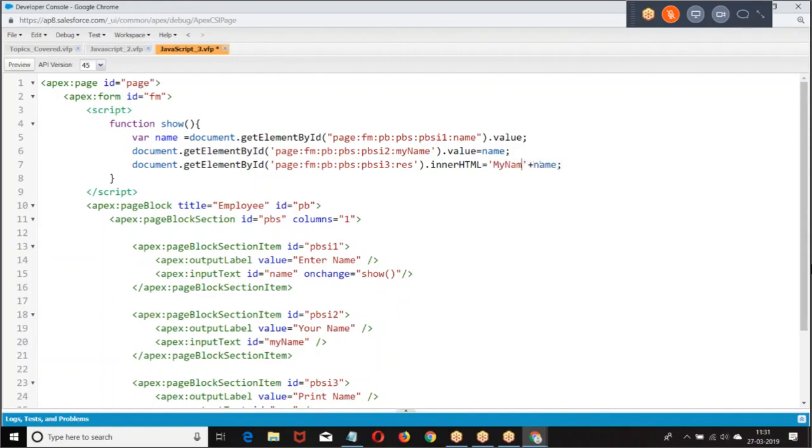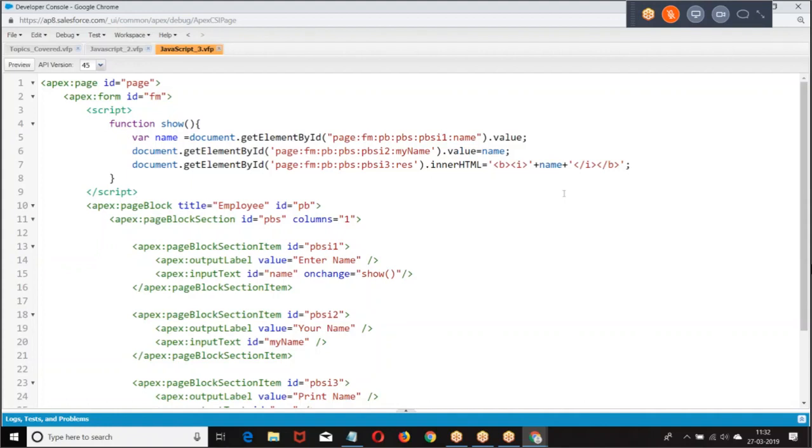Or else I will give bold. Inner HTML. If it is an input, dot value.